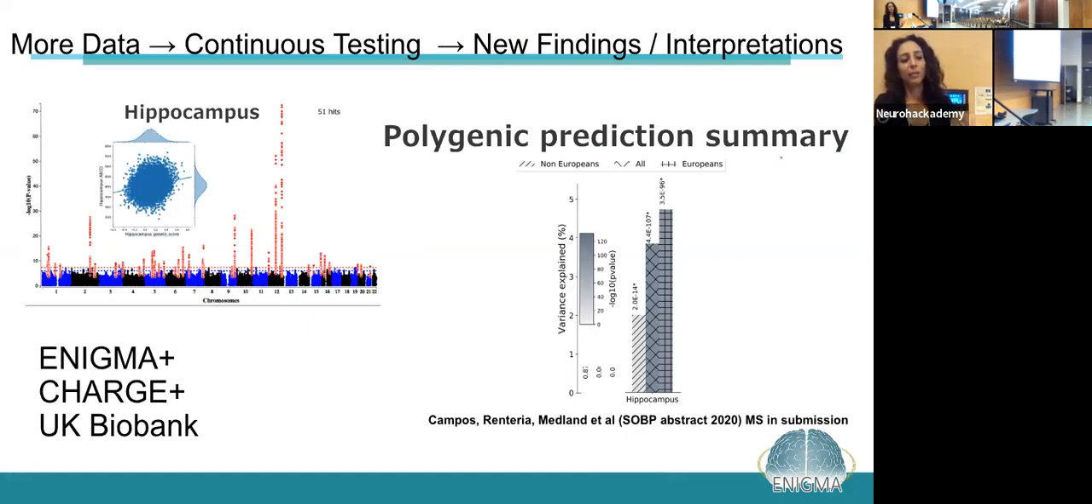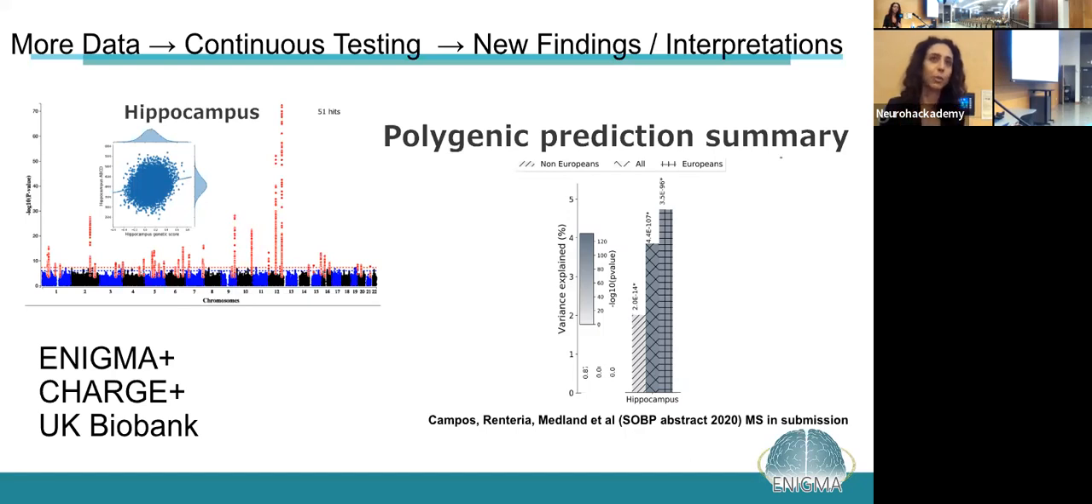So now that we have these huge samples, we can actually take our results and make predictions. We can take a summary score of the genome-wide results and see whether, in a completely independent sample, the genetics predict volume. And we're not only able to show that, so most, unfortunately, still over 90%, I think, of the